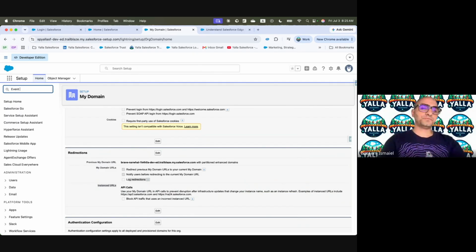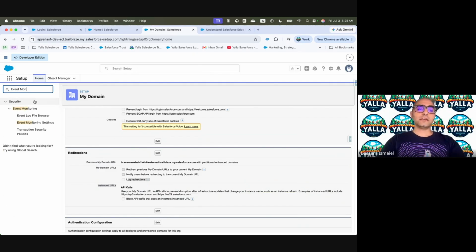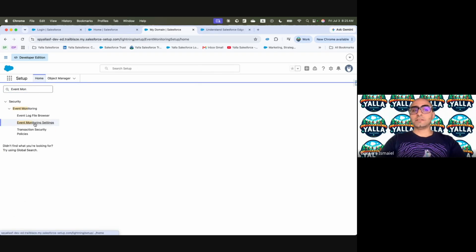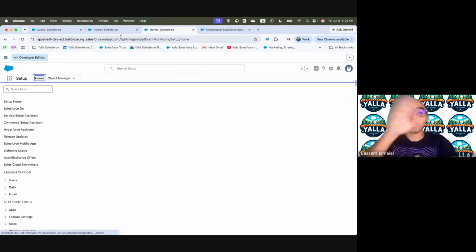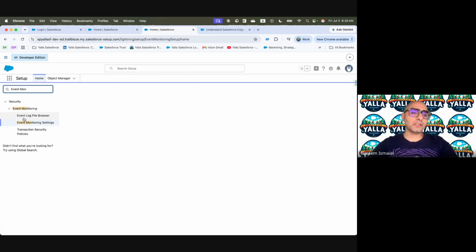You will be able to enable it from event monitoring settings. But we don't even need to do that because Salesforce is going to do that automatically if I enable this, but I'm just letting you know what event monitoring is. It monitors a lot of things within Salesforce, and it can happen hourly, it can happen daily, and so on.